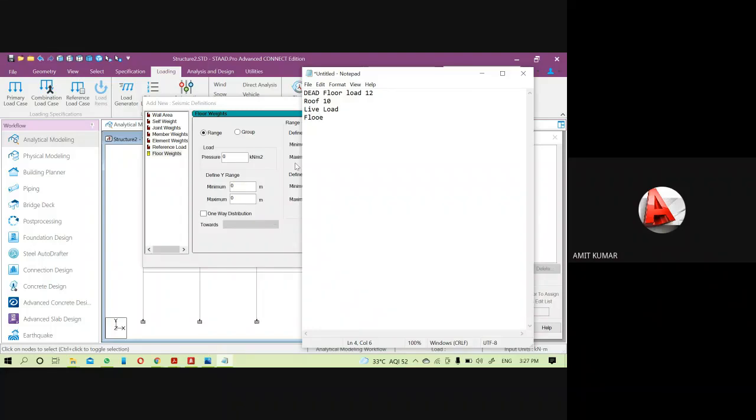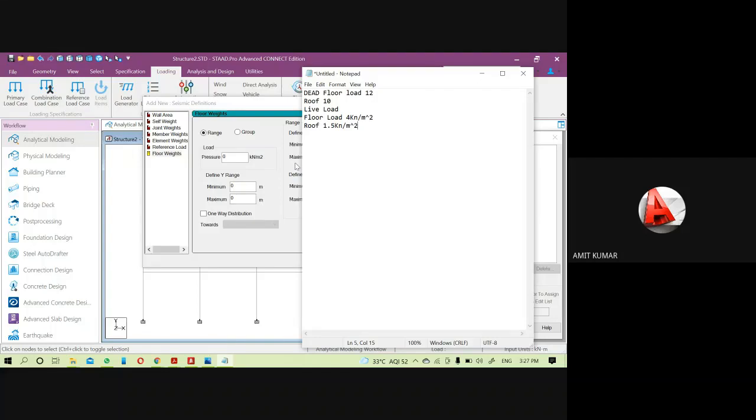The floor load is given as 4 kilonewton per meter square, and the roof load is given as 1.5 kilonewton per meter square. So these are the values. Now I have to calculate the floor load, that means the mass of the floor weight due to these dead and live loads.